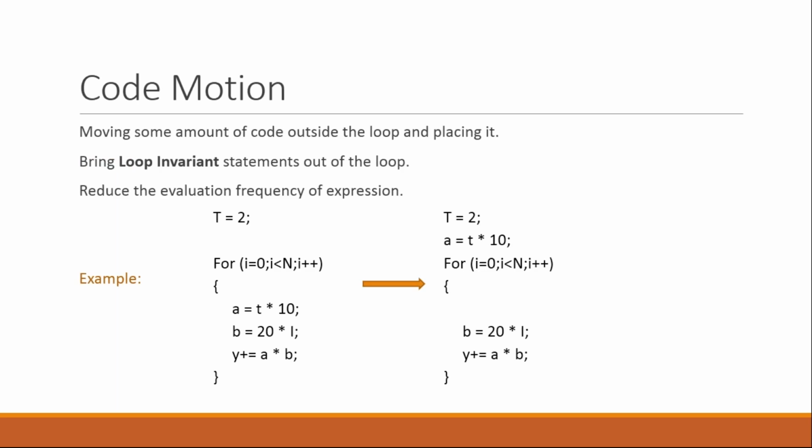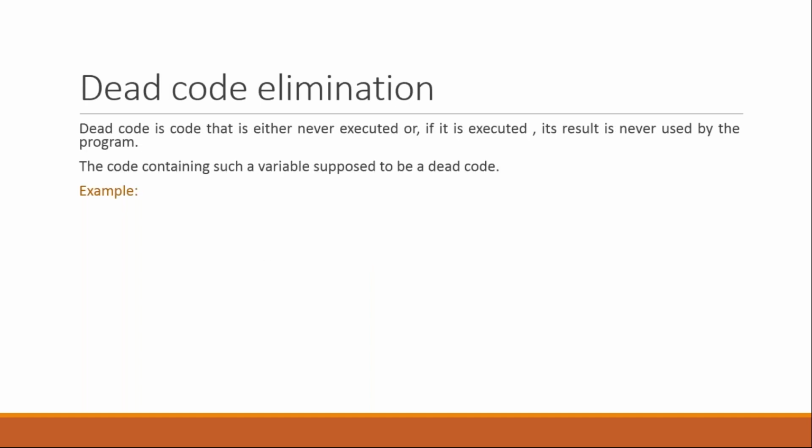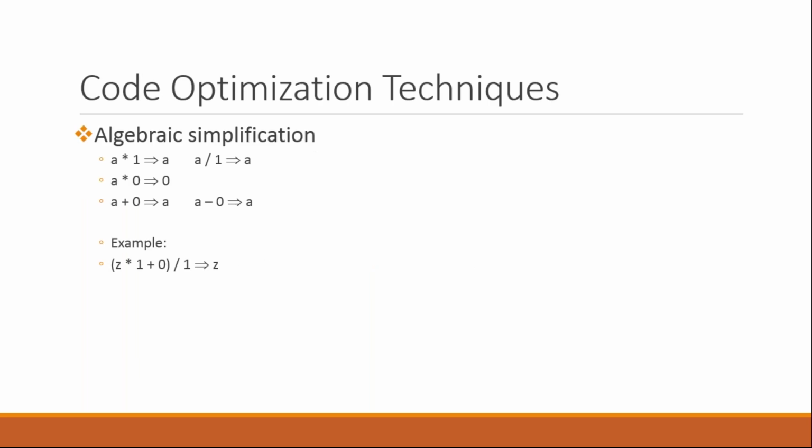Code motion, okay. So what is the code motion methodology? This is also a revision type of thing, okay? Some irrelevant sentences that have no effect in our for loop, that type of sentence we can move out of the loop. Okay, reduction in strength. Yes. So the higher strength operator may be replaced with a lower strength one. Why? Because to increase the efficiency of our code. Right? Now this is the example of dead code elimination. Okay.